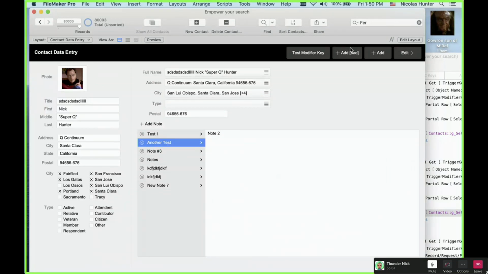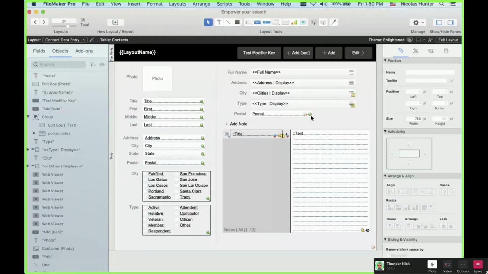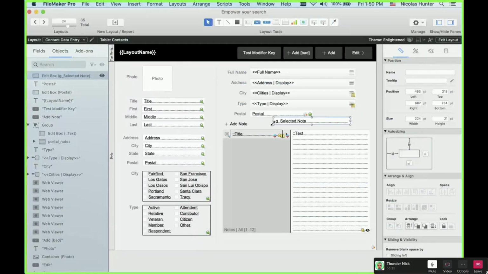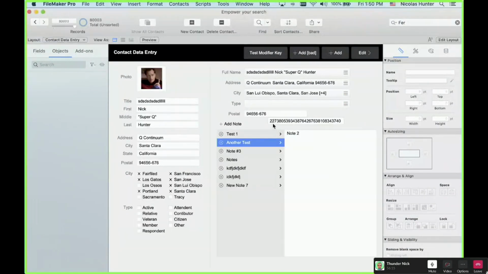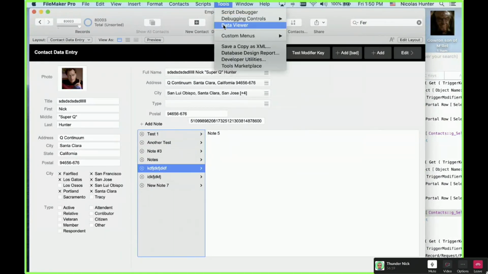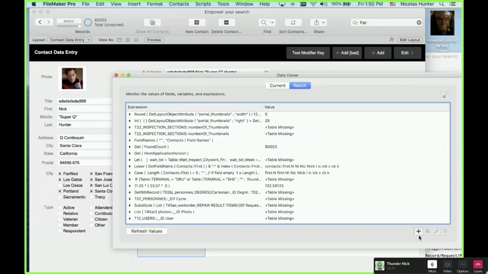What's the name? Here, you have a G selected notes. So you have an ID each time. So it's a global field. Each time you type something here, each time you click, you change the ID. So now, what you need to do here, I'm not going to do the thing here, but what you need